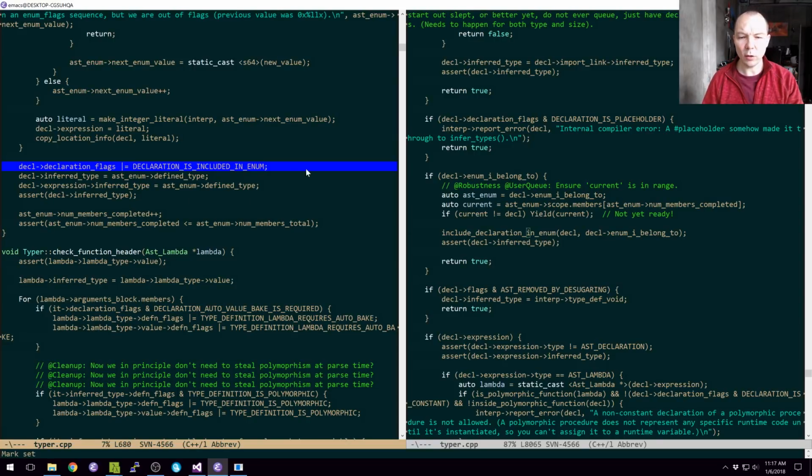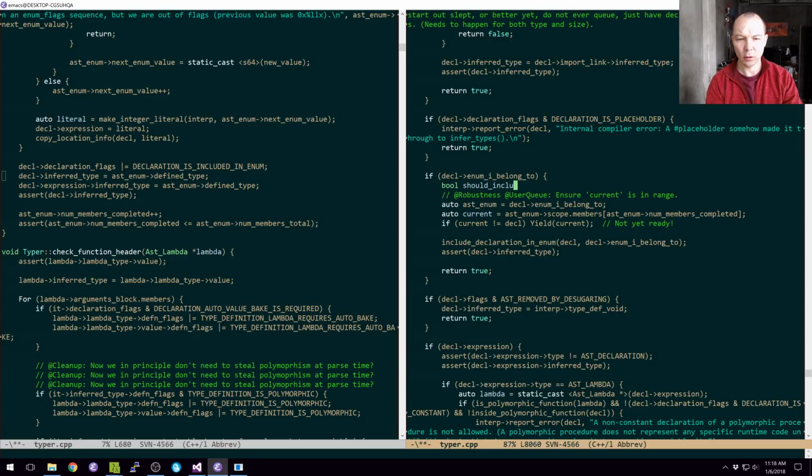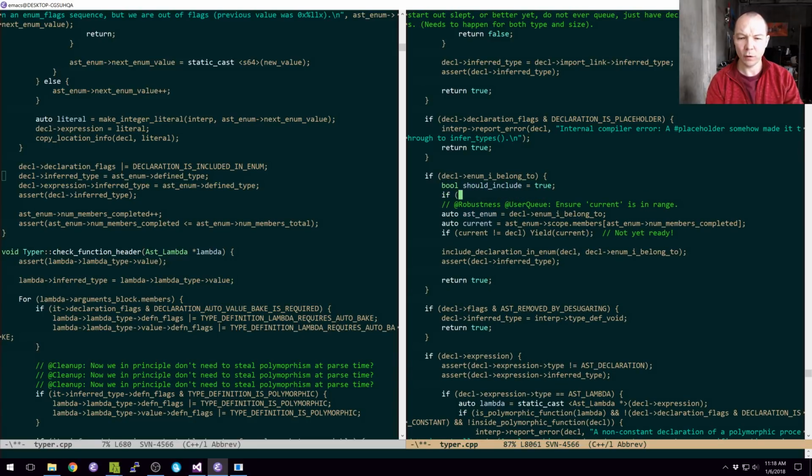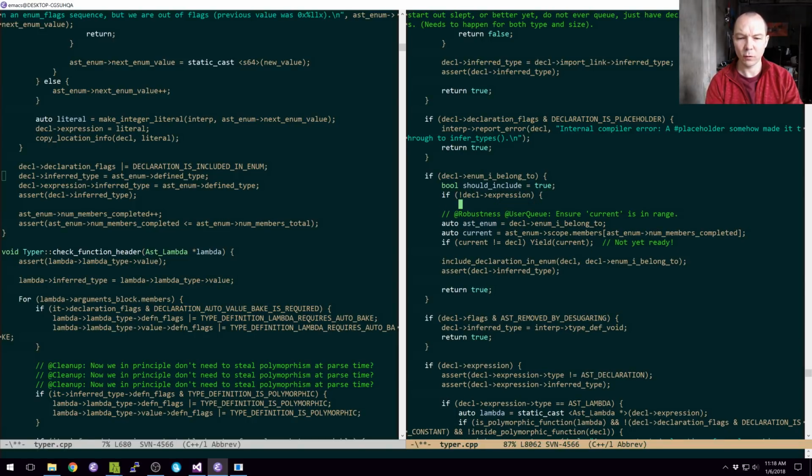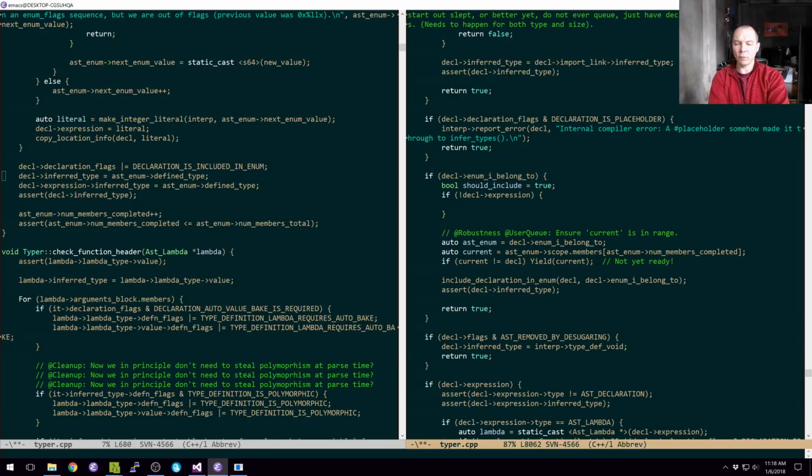So what we can do is instead of checking this num members completed, we can just say if it has an expression, then there's no dependency. If it doesn't have an expression, then